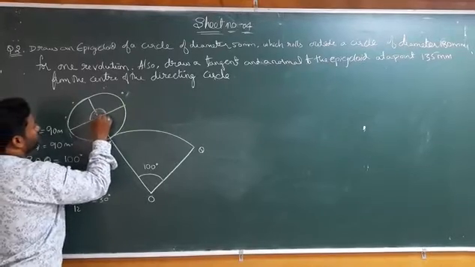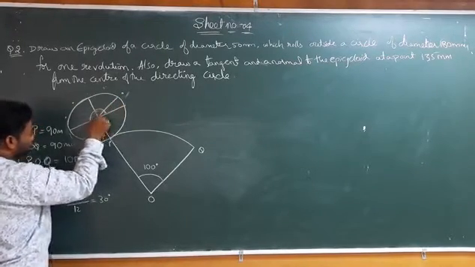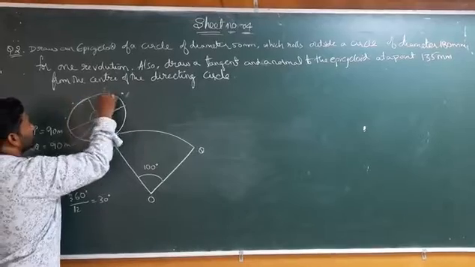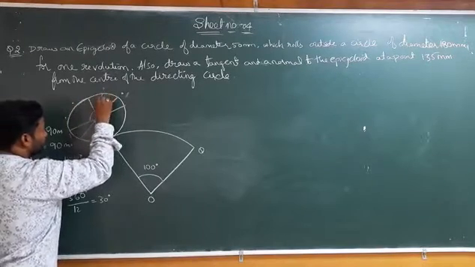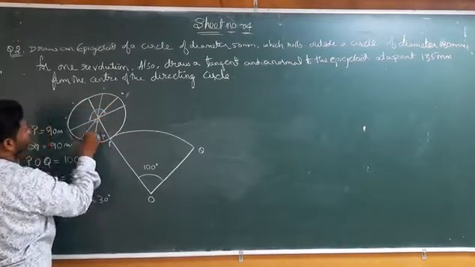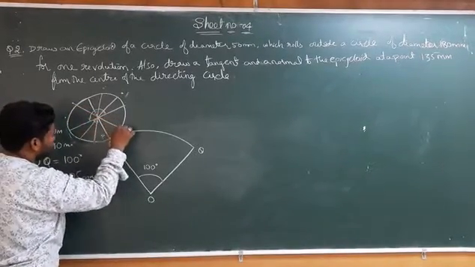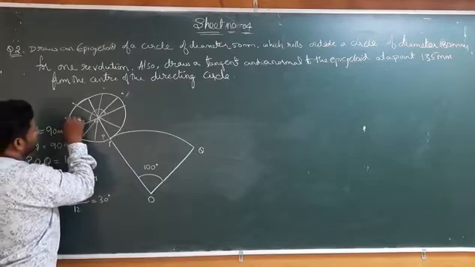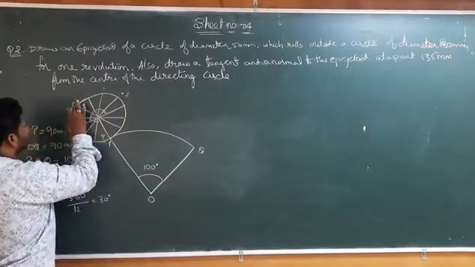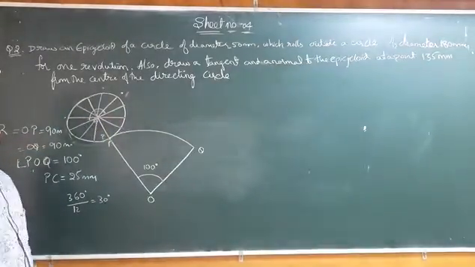We will join from here to here with the help of this scale, and we will extend this one here. Second, with the help of this scale we will draw another line here. Now the next, from 150 degree we will join the line here, and this is nothing but 150. So like this, we have divided the circle into 12 equal halves.